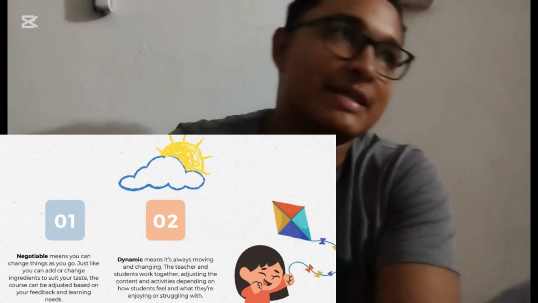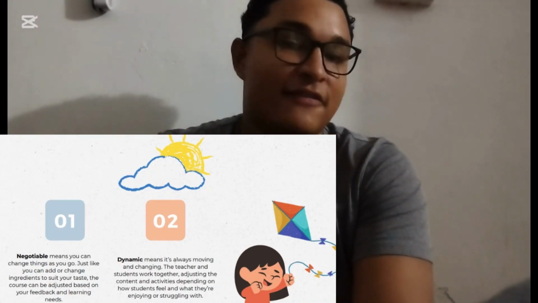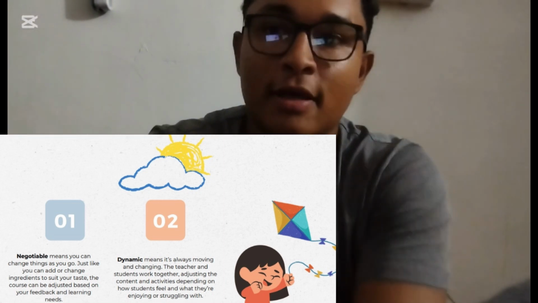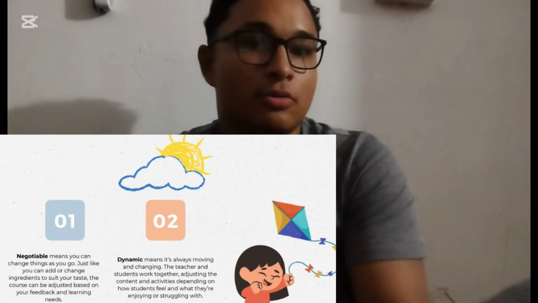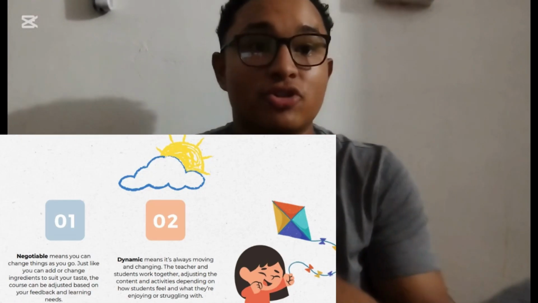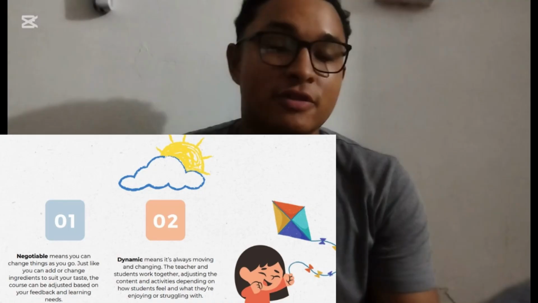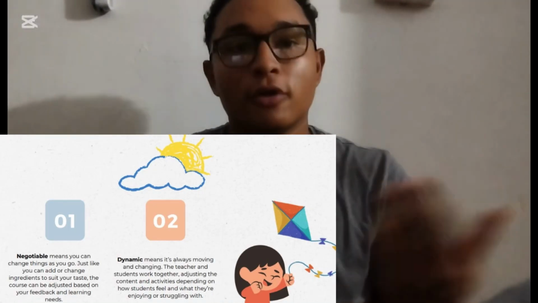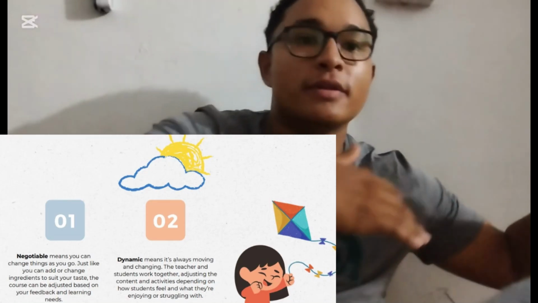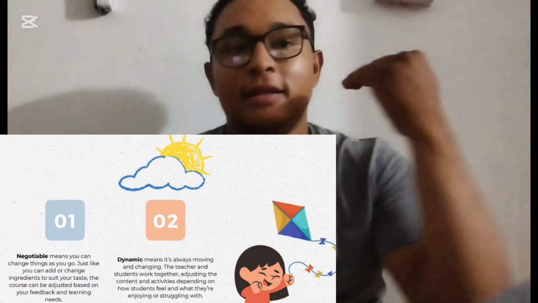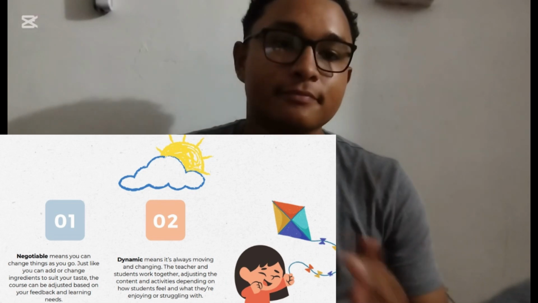And why is this approach negotiable and dynamic? In the definition, it's said there. It's negotiable because it can add, adjust or change things during the learning process, depending on the situations. And it's dynamic because the students work together with the different participants. The teachers are involved at the moment to adjust. That's why it's dynamic. Well,